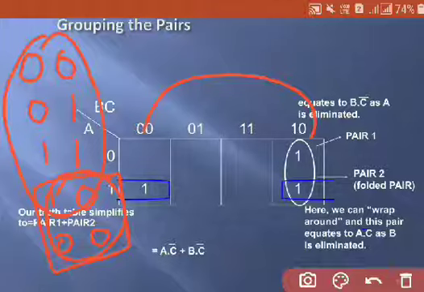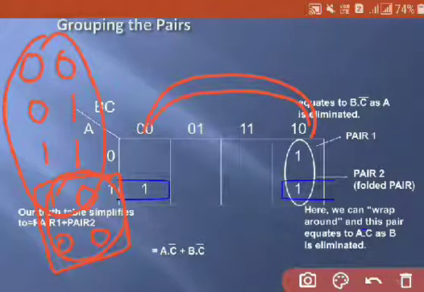Since gray code is a cyclic code, you can connect this 1 0 and 0 0 together for pairing. You can consider 1 0 and 0 0 adjacent, even though they look like end cells, because gray code is a cyclic code. After 1 0 again you will be getting 0 0, so you can pair this 1 0 with 0 0. End cells can also be paired together like this. This is another way of pairing the cells even though they are not physically adjacent.